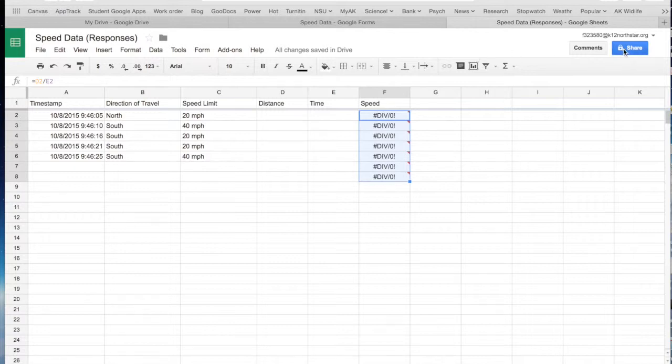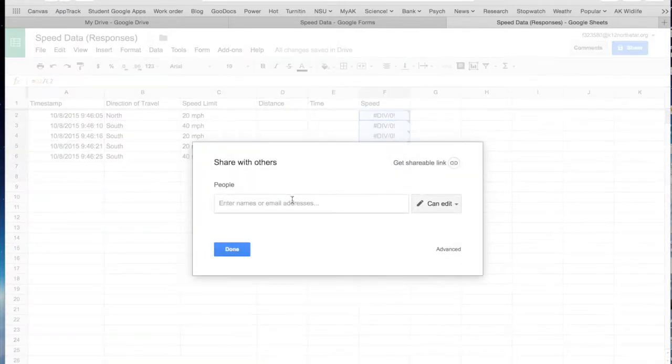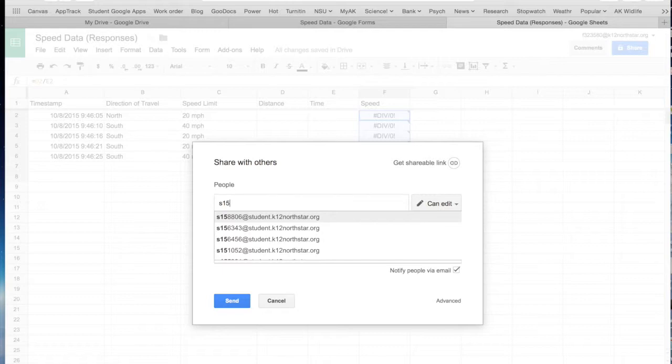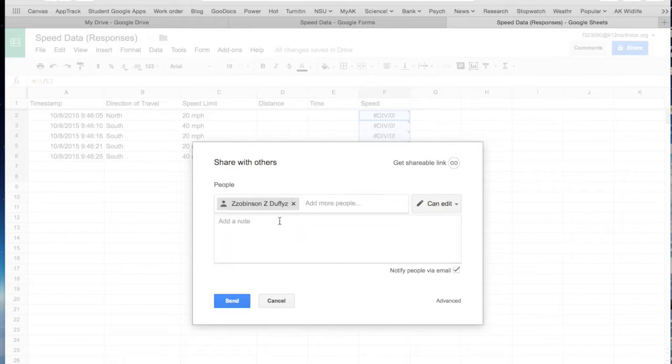And we're going to share it with them and type or copy and paste all their emails. I'll show you that after this. But let's just say that this represents all of our students, and that is the whole class roster. Now, we do not want to let them edit the spreadsheet anymore. We only want them to view the spreadsheet. So we're going to send it to all of them, and they'll be able to find it in their shared files